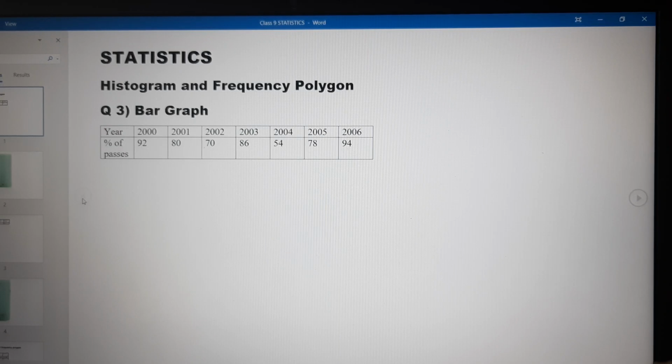Good afternoon, children. Today we are going to do the third exercise of the chapter Statistics, and the entire exercise depends upon a histogram and frequency polygon. Clear? Three things we are going to study in this: how to draw a bar graph, histogram, and frequency polygon on